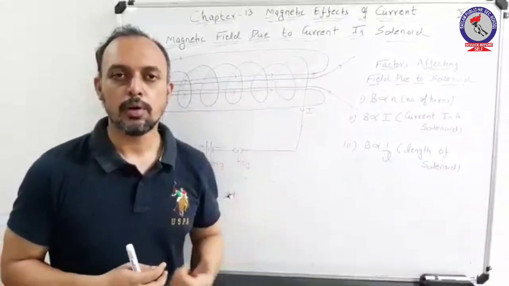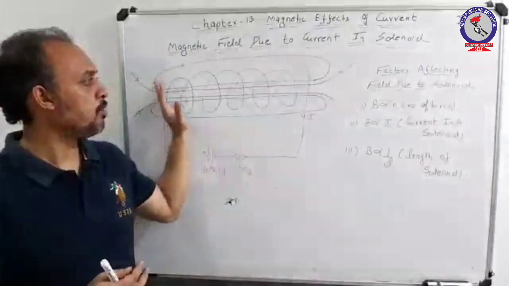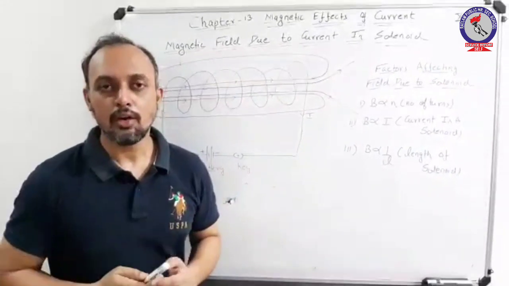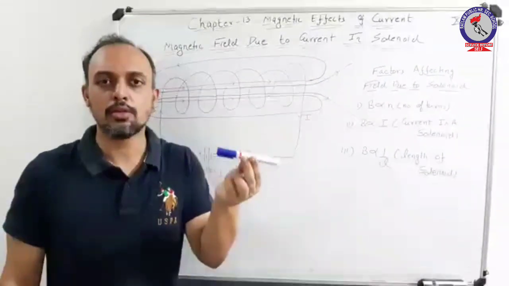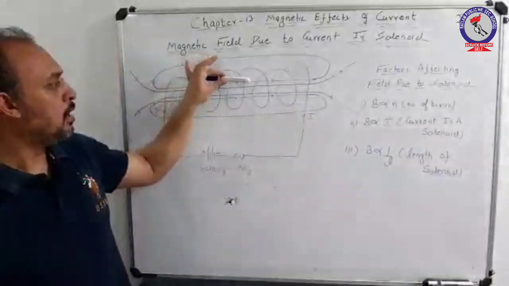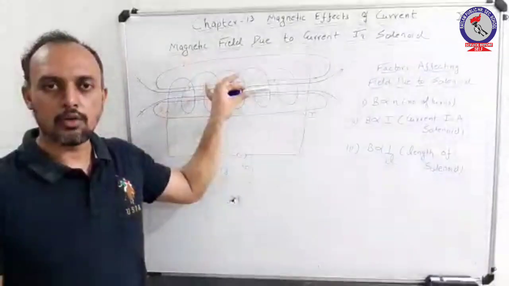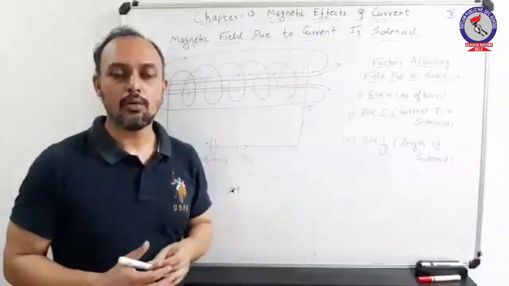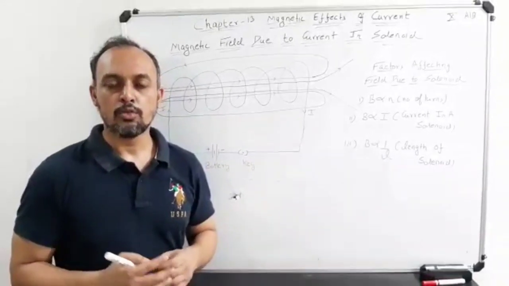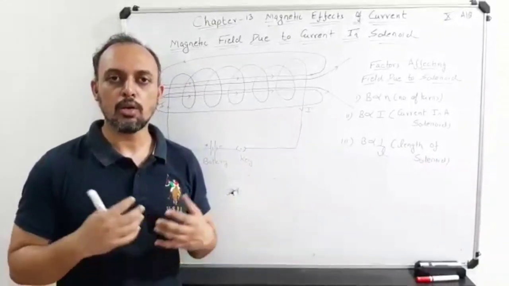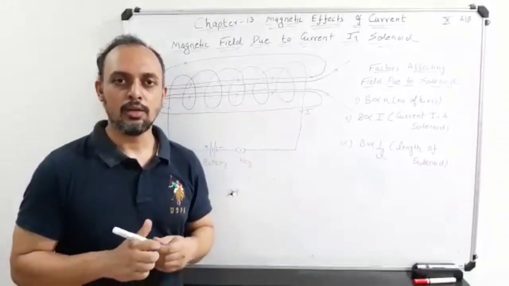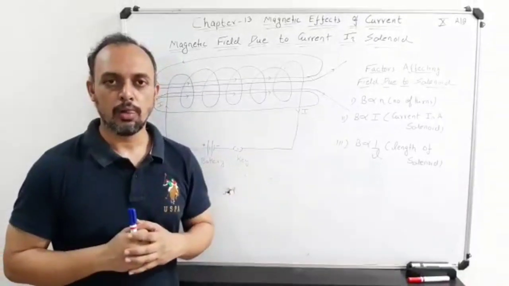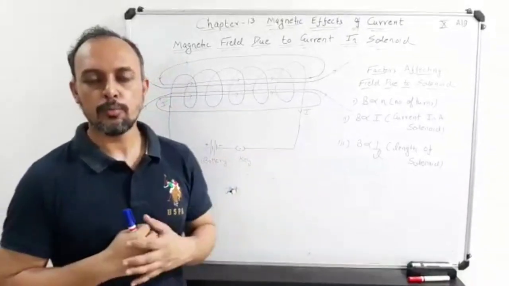Hence, when current is passed through a solenoid, a very strong magnetic field is formed. The strength of the magnetic field is such that if a magnetic material is kept on the inside of this solenoid and a current is passed through it, it becomes a magnet. This is how an electromagnet is formed. So with the help of a solenoid, you can create an electromagnet, that is, covering the magnetic material with a loop and passing a current through it. An electromagnet is one of the strongest forms of magnet.